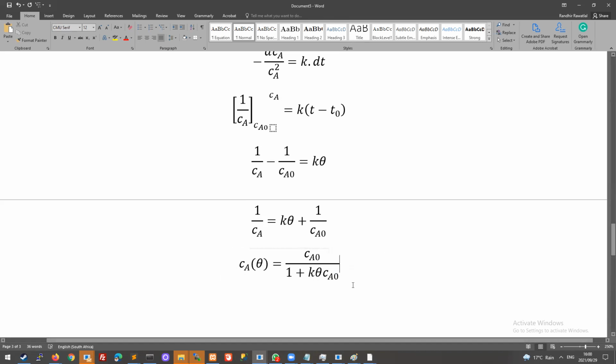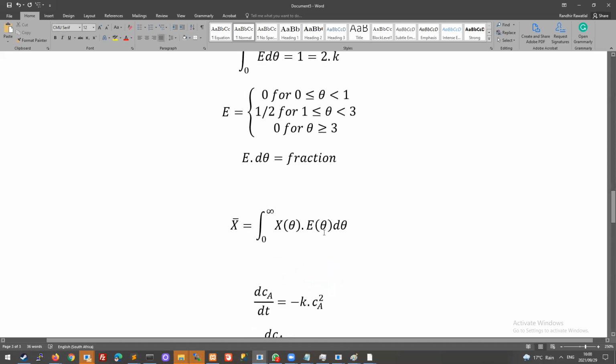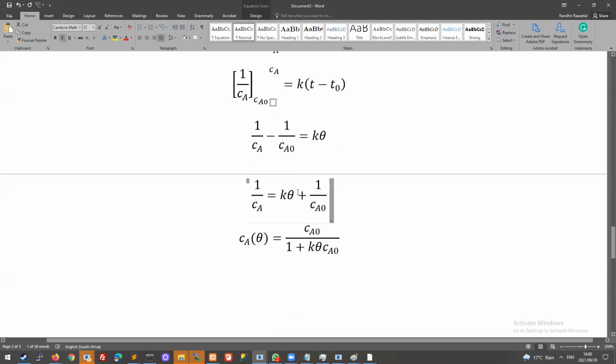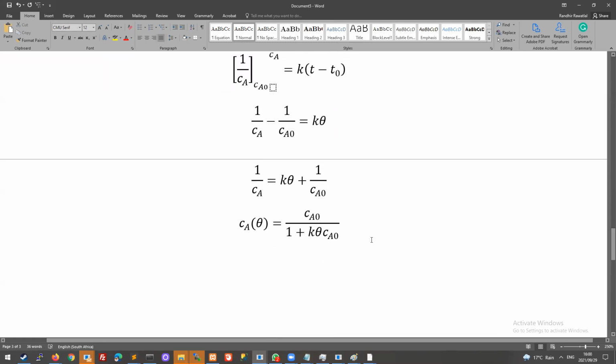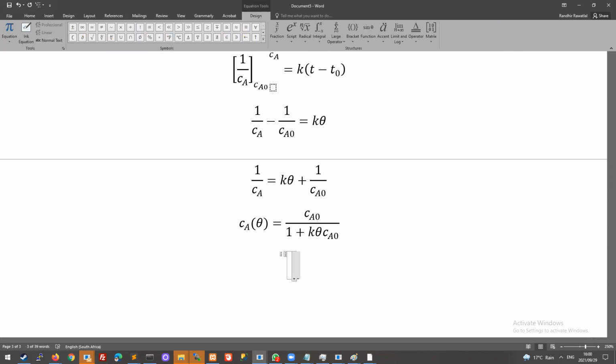Now, what we actually want is conversion. So if you want to stick with the form, you could change this form, but anyway, let's stick to this form and work out x of theta. So what we actually need is x of theta. So x of theta equals 1 minus CA over CA naught, equals 1 minus, and then CA over CA naught is equal to,